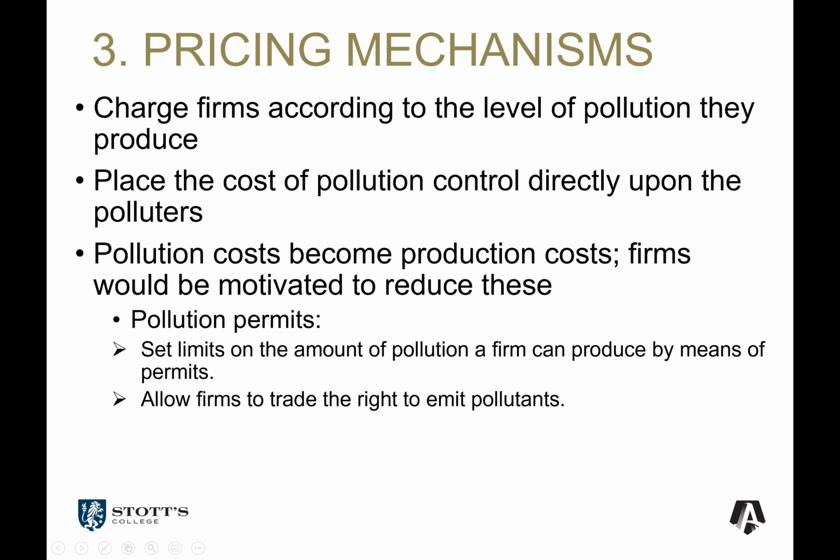The third way to do it is by putting a price, like the carbon tax, which exists in many countries, a market for pollution, placing pollution costs directly in the control of polluters. So pollution costs and mitigation become just another cost that firms have to deal with. They're either motivated to reduce this or they can pay for pollution permits. And that's why, while in the objective it says pricing mechanisms and pollution permits,